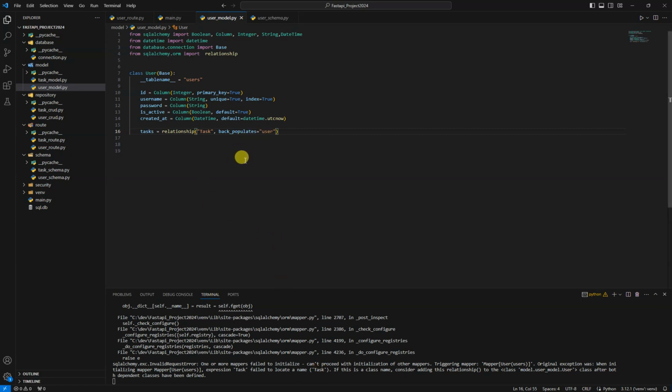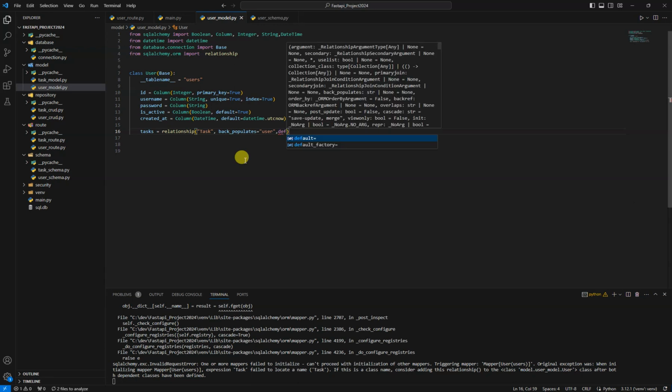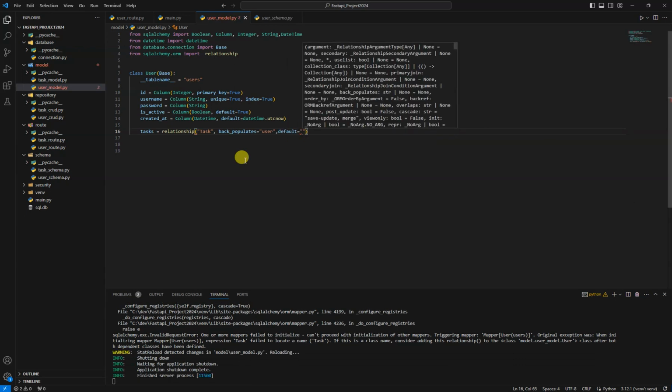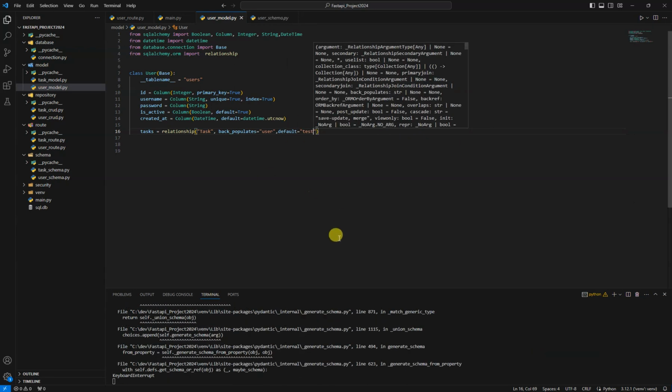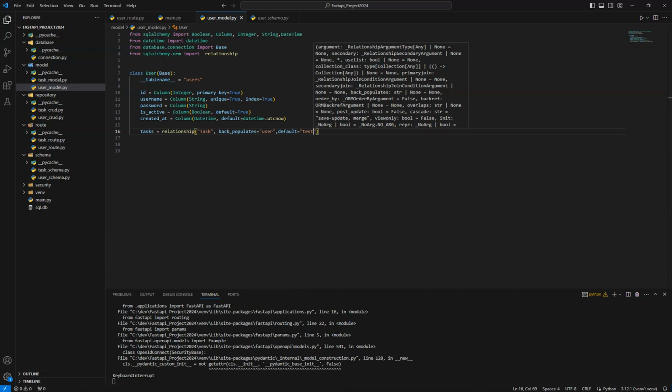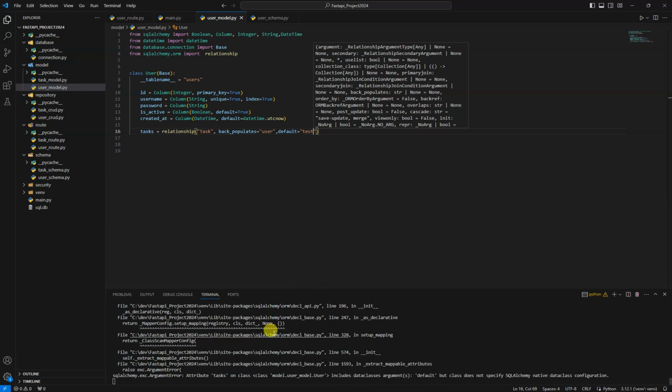Okay, now we can just create a default value, for example, or something else. Okay, now what I want to show you,